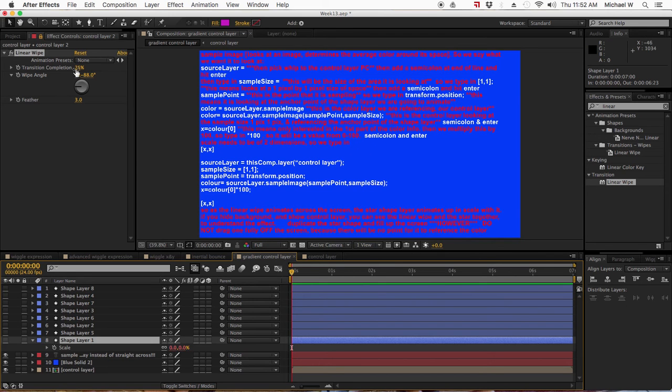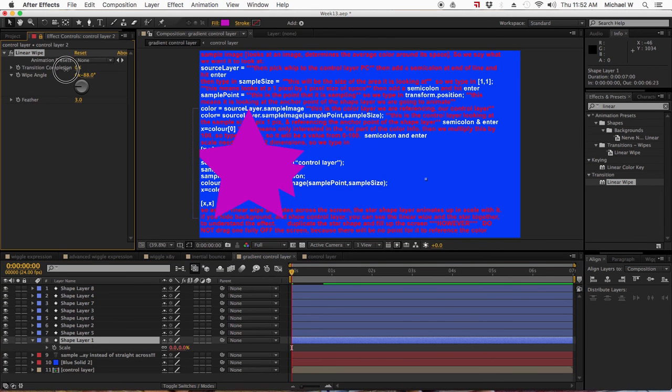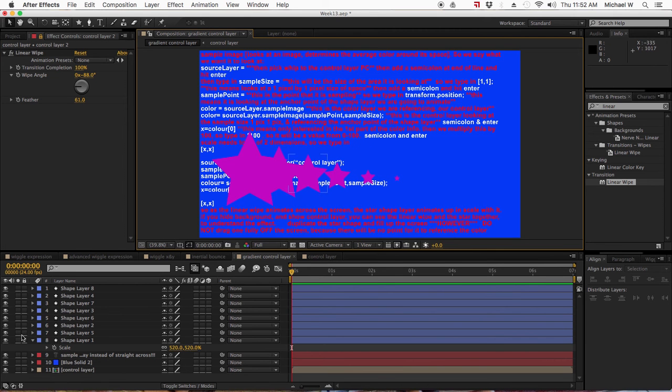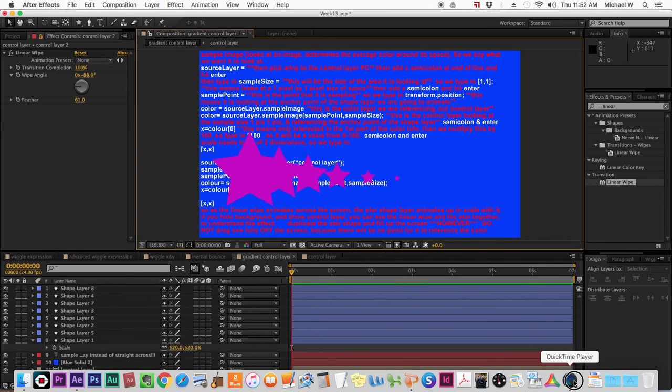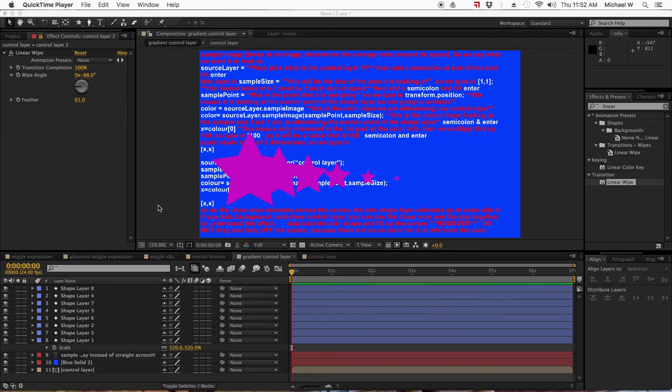And that's how you get your gradient to affect multiple objects across time without any keyframing. And like I said, the feathering, the direction, and the transition will all have an impact on the size of whatever image you have going across it. So you can control them with a gradient, which is a very useful way of saving time when you've got to do some interesting